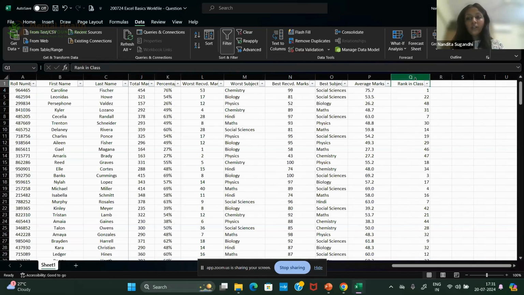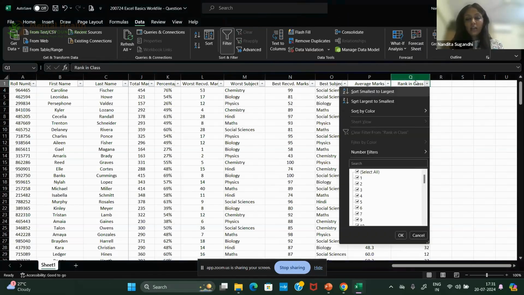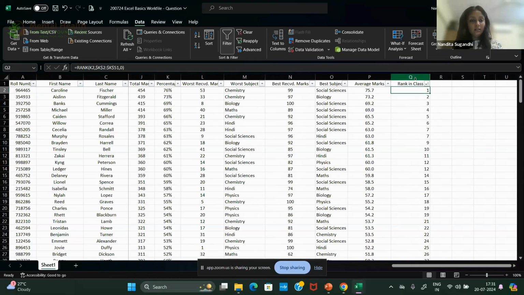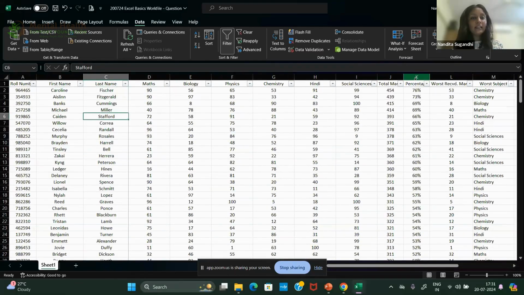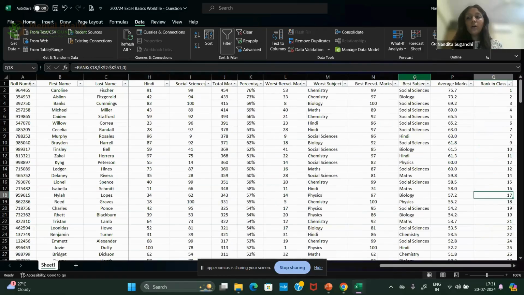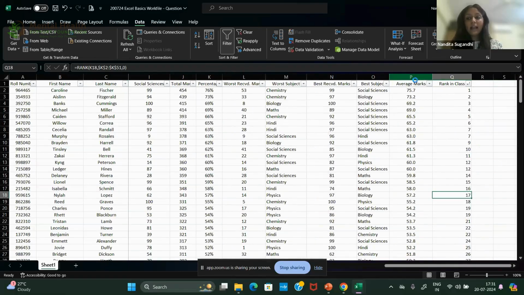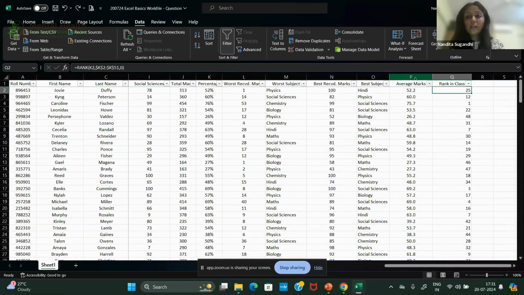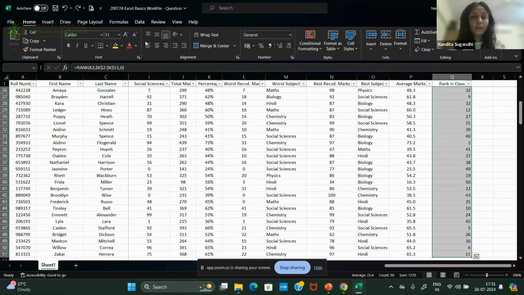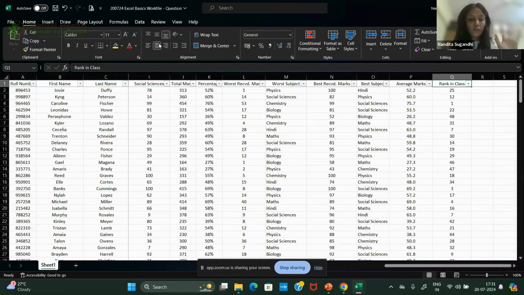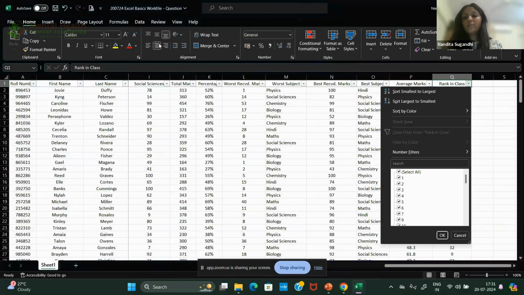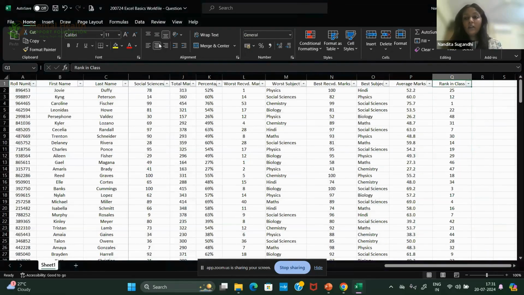And now you can sort smallest to largest, and you will have all the students ranked from highest to lowest as well. So you can sort by your rank once you have assigned the rank function, but I don't want to sort right now because I want to demonstrate some more formulas to you. So I will unsort it again and we will use them as is, but I've just shown you that there is a possibility of ranking and sorting.